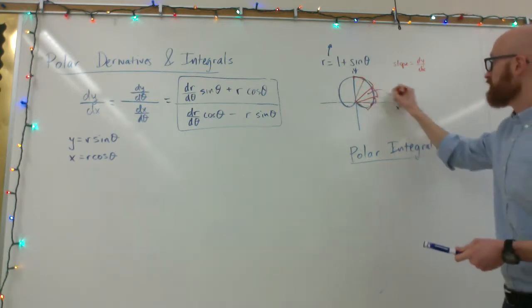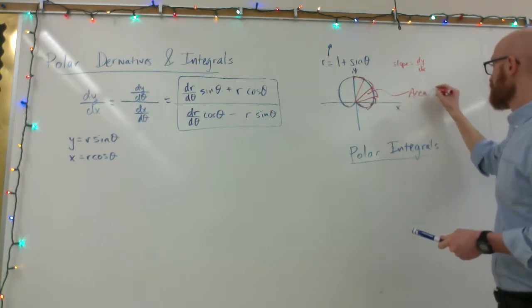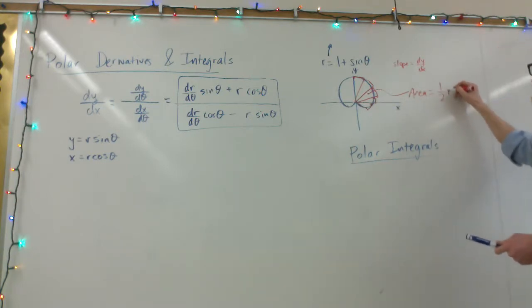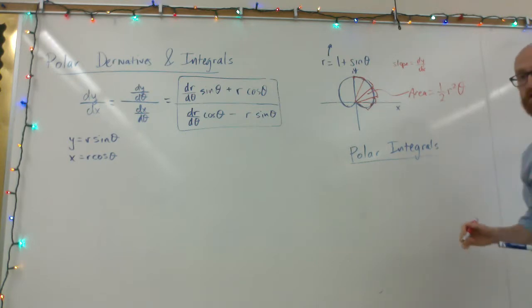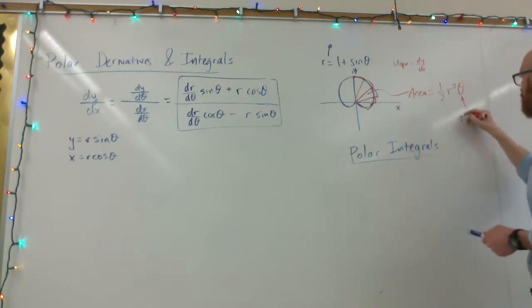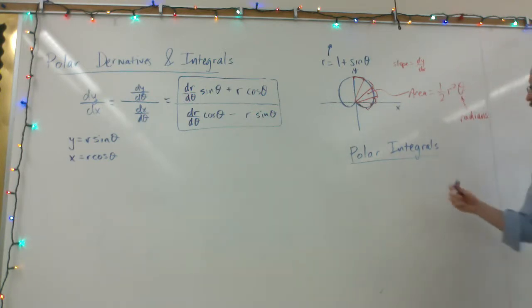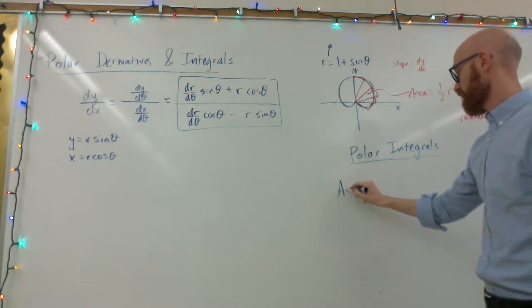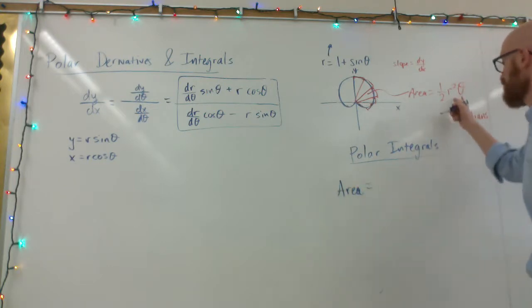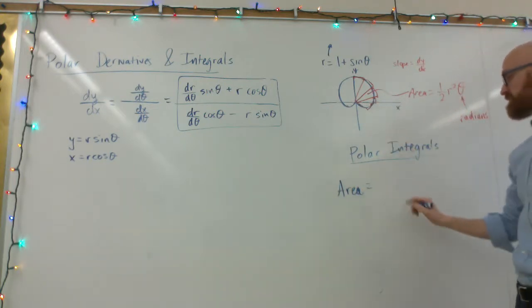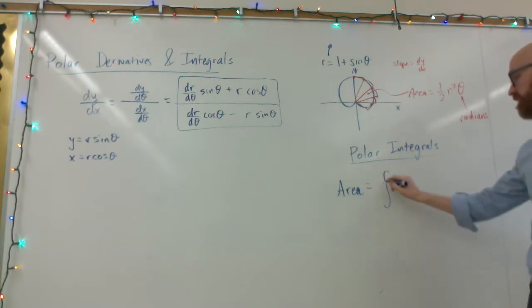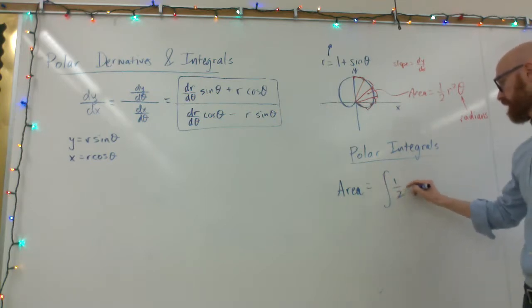So the question really is, what's the area of a sector? And from previous coursework, you should know that it's 1/2 r squared theta, where theta is measured in radians. We don't want the unit of degrees on it. So now polar integral, we will extend this concept that the area enclosed will be the integral of 1/2 r